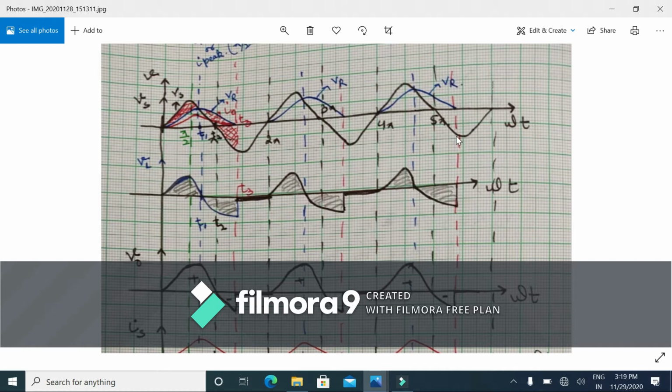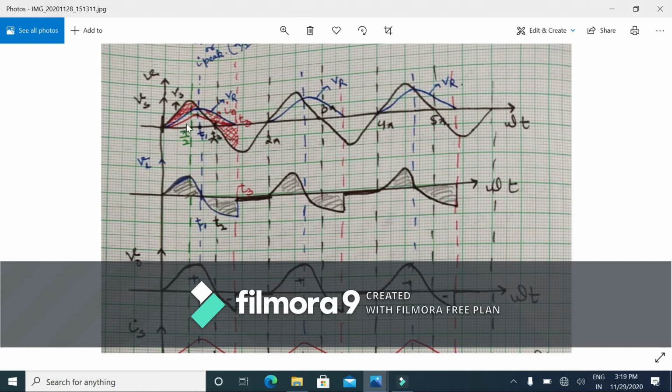Now, since we know that whenever this diode is forward biased, some amount of energy gets stored in the inductor and some amount of energy is dissipated across the resistive load. That means whenever this diode is forward biased, there will be some amount of current, and because of that current, there will be V naught. As we already know, I am representing that current here by this red wave shape.